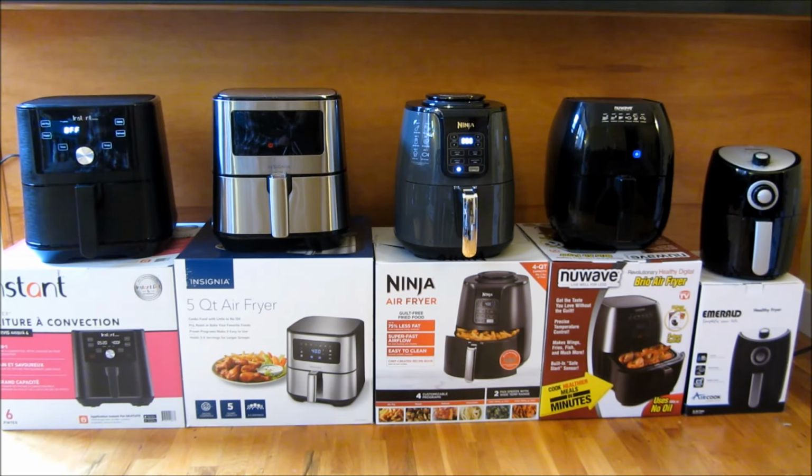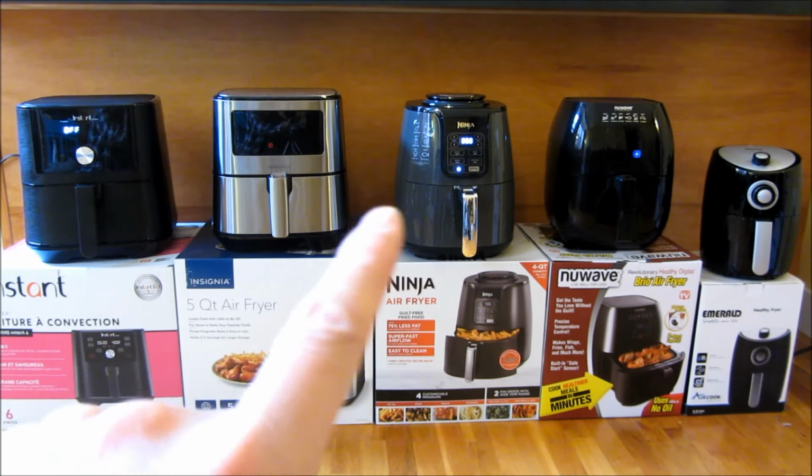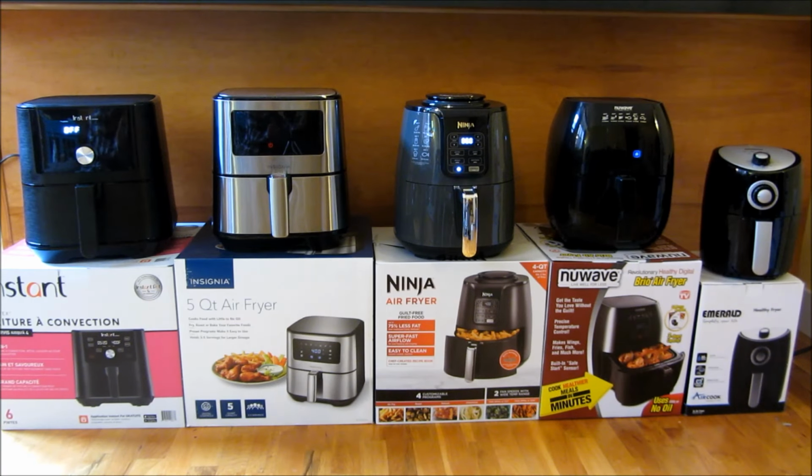Hi, so what you have in front of you are 5 different sizes of air fryers. From left to right, this is 6 quart, 5 quart, 4 quart, 3 quart, and 2 quart. What I'm going to do is compare the sizes, but also the countertop space, and give you some buying tips. So let me go ahead and talk about the